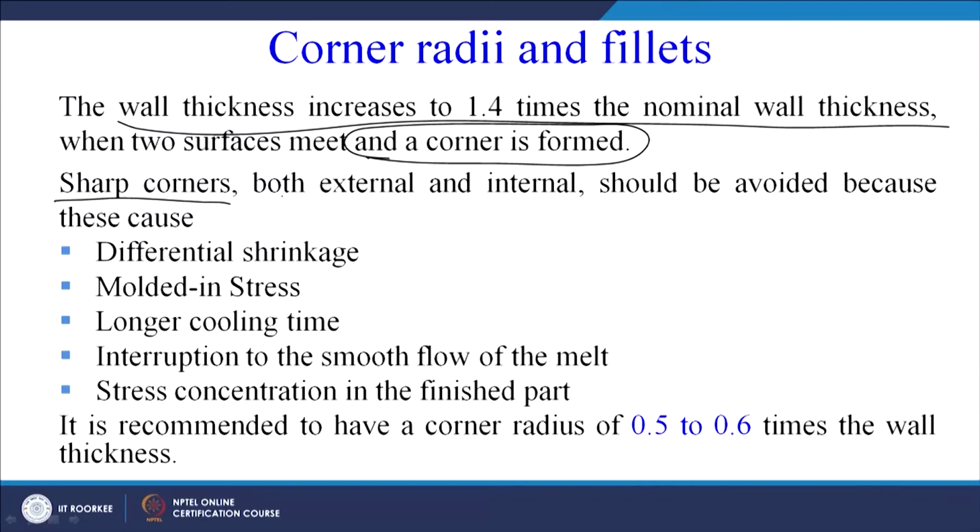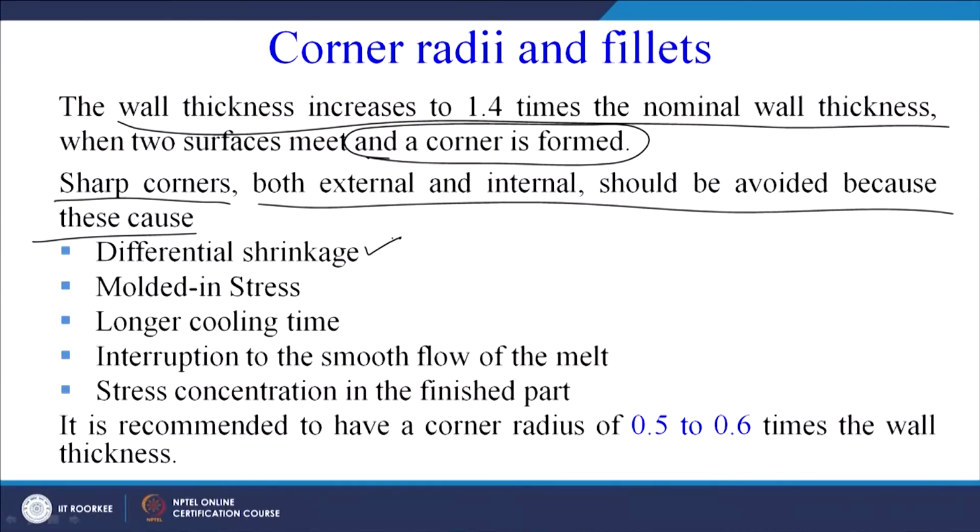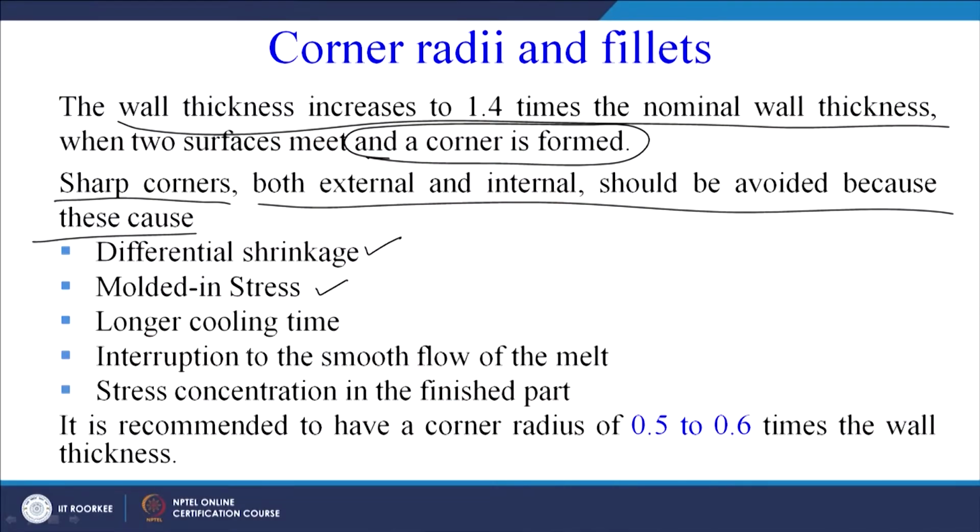So, sharp corners, both external and internal, should be avoided because of the following causes. We have seen in the case of die casting product design also that internal as well as external corners must be avoided. There must be a radius given there. Why must these sharp corners be avoided? Because differential shrinkage will take place. As we have seen in sand casting, we have to modify the product design to avoid the problem of shrinkage cavity, that is there in the case of plastics also. Then molded-in stress, longer cooling time, interruption to the smooth flow of the melt, stress concentration